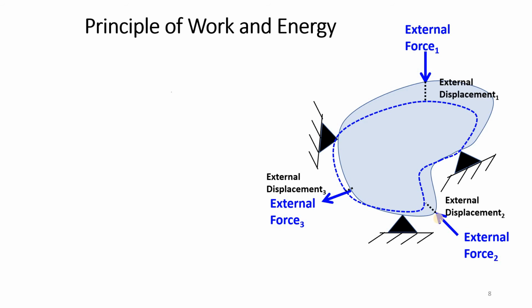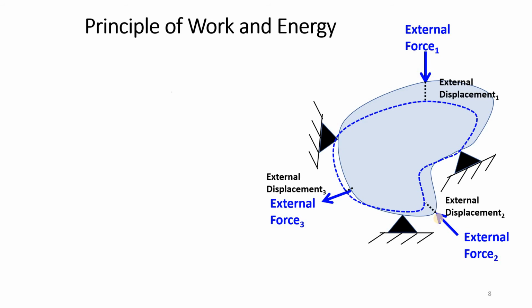Okay, so when you have external forces applied, there are external displacements produced, and what else happens? There are internal forces induced. Consider a beam or maybe a truss, whatever you like. You apply external forces, there are some reactions, there are some applied loads. So those are the external forces. They produce displacements in the body. There is a deflected shape, and then what else happens? There are internal forces produced.